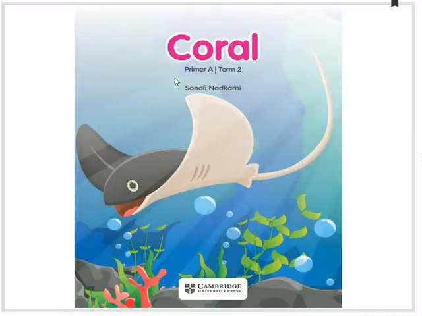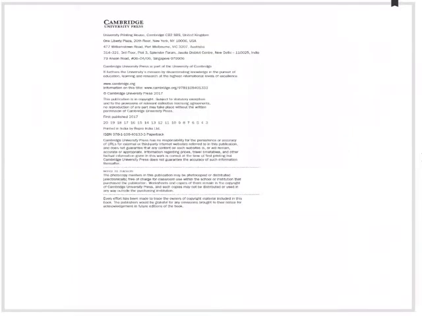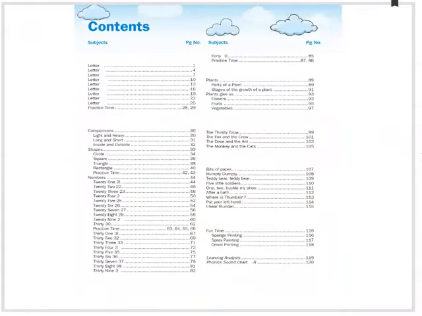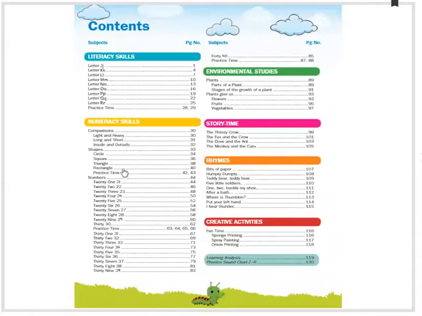Yes, please open your term books, Choral Primary Term 2 children. Today our subject is maths. We have completed comparisons: light, heavy, long, short, inside, outside. And we also learned about shapes: circle, square, triangle, and rectangle. We started writing the numbers. We have stopped at 25. So today we'll write 2, 6, 26.